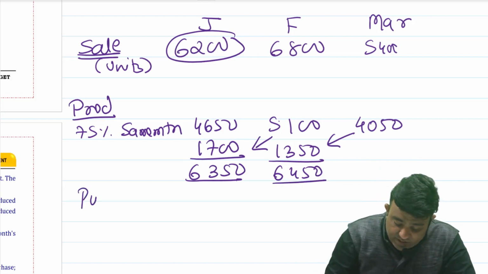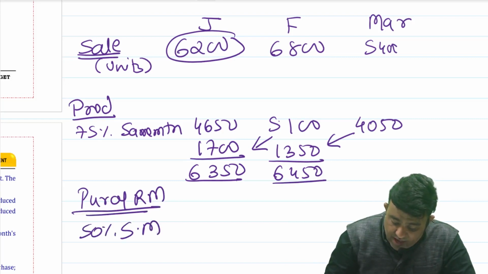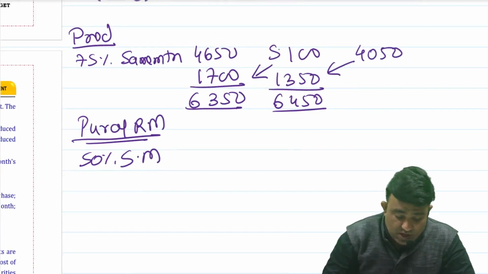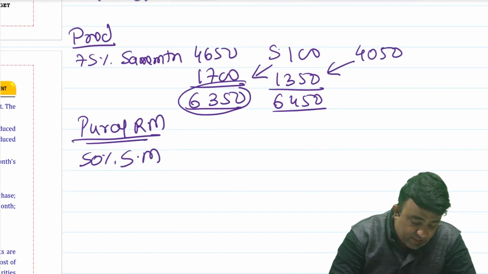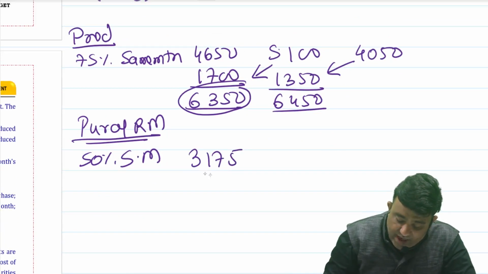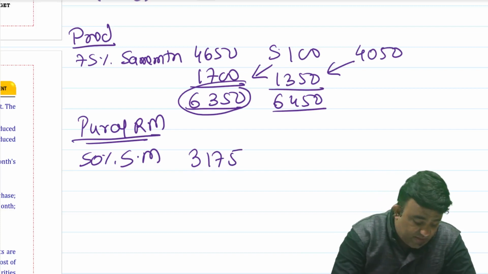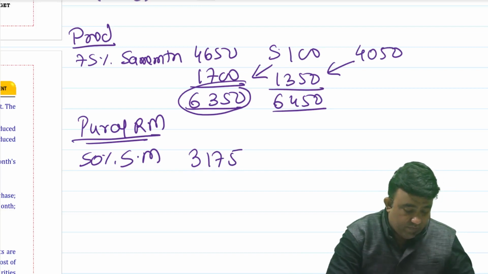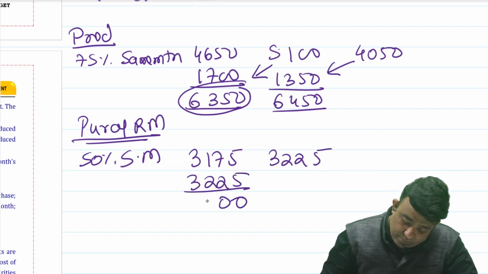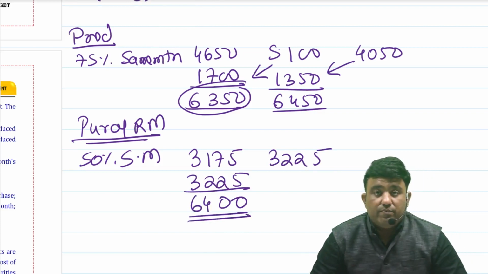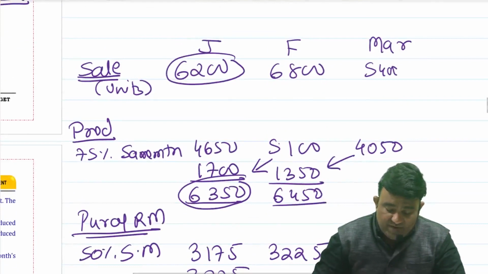And thereafter, student, there is a purchase of raw material. What they've said is 50% in the same month and 50% in the previous month, depending on the production. So if I talk about January production, student, 6350, this 6350 will be taken as 50%, 3175 in the month of Jan, and 3175 in the month of December. Same way 6450 for the month of February: this will be 3225 in the month of February and 3225 here. So this will be 6400 purchase. So this is the way you need to work out your Jan, Feb and March and April, May,